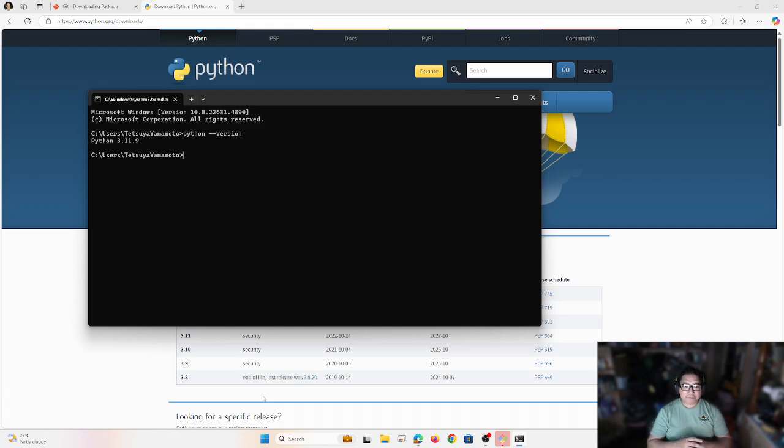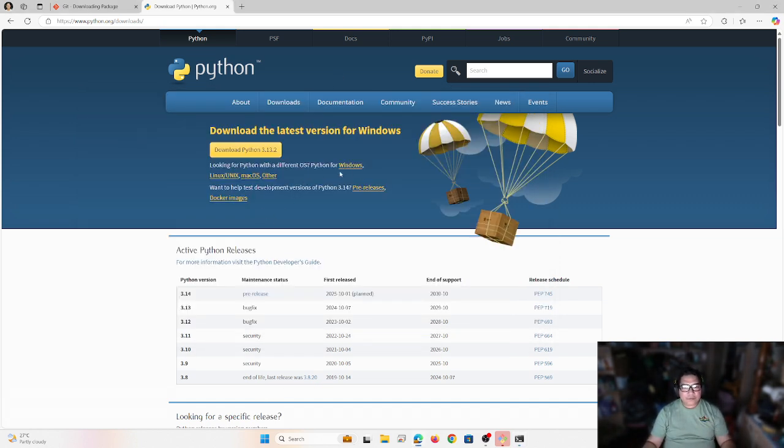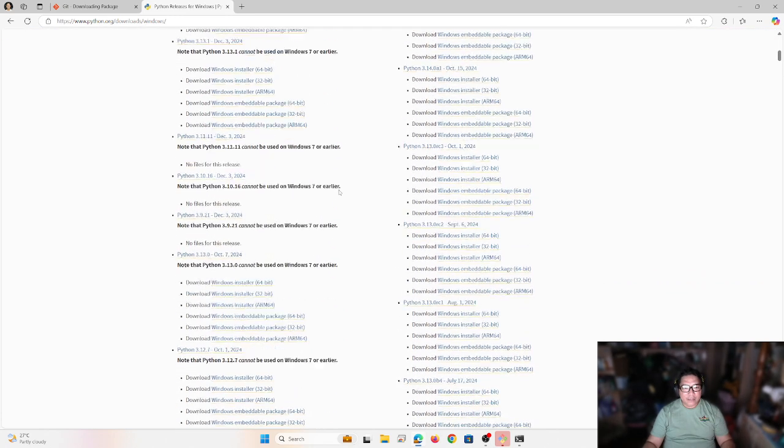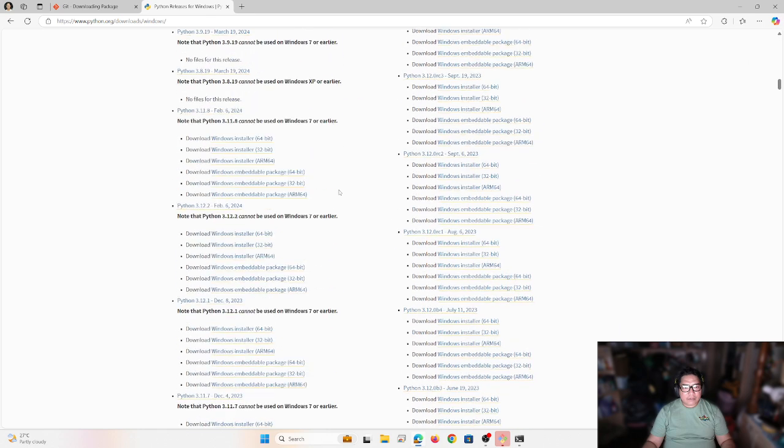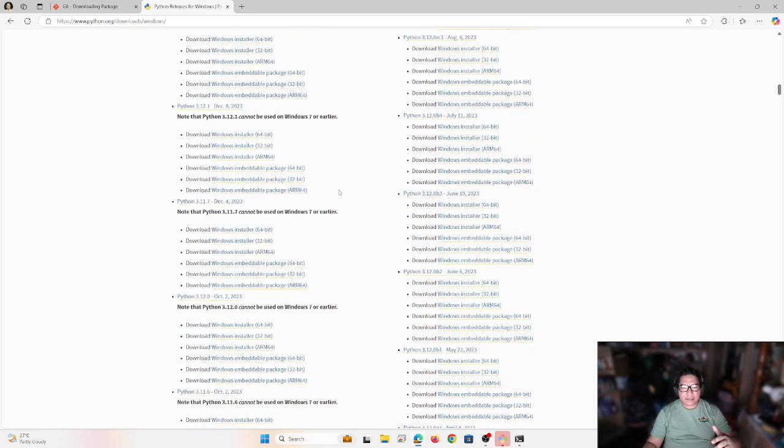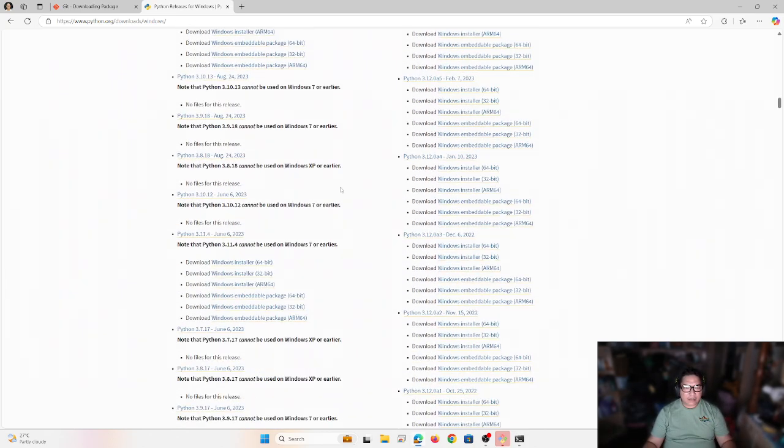We need to use 3.10 to run the specific Stable Diffusion installation. But right now I have 3.11, so later on I'm going to teach you how to bypass it. How can you bypass my current version of Python, so that instead of using 3.11, you will use 3.10? Let's first download the version that we require. Let's just find 3.10, the last version of 3.10.